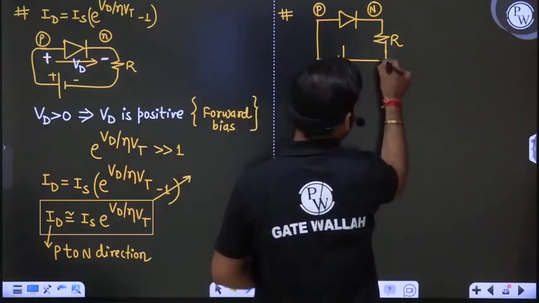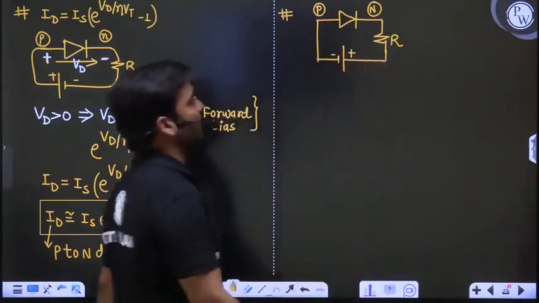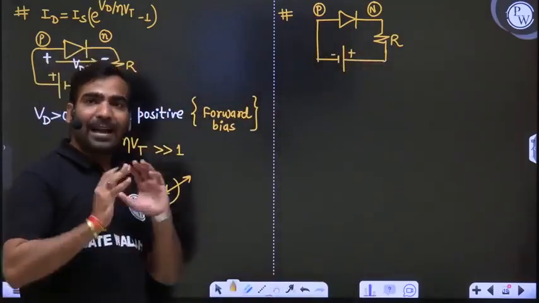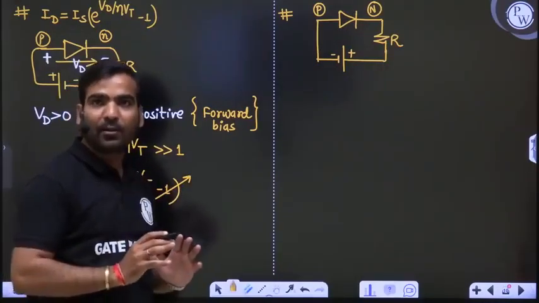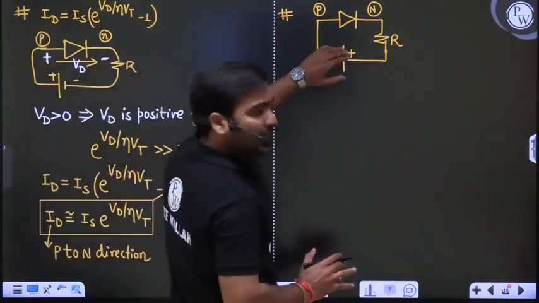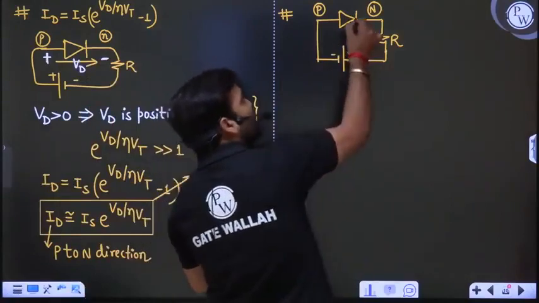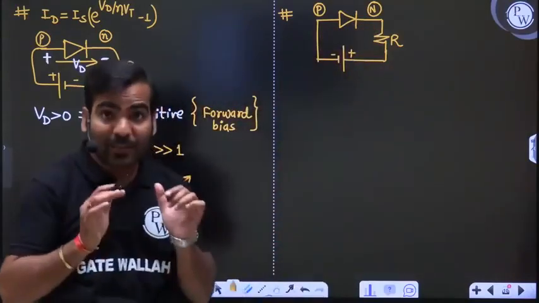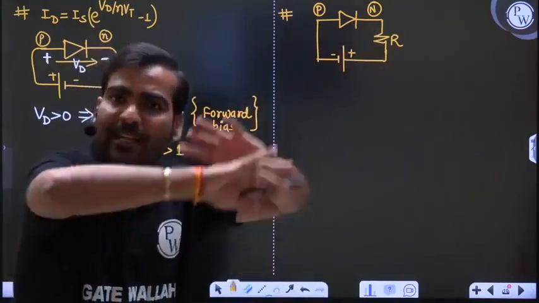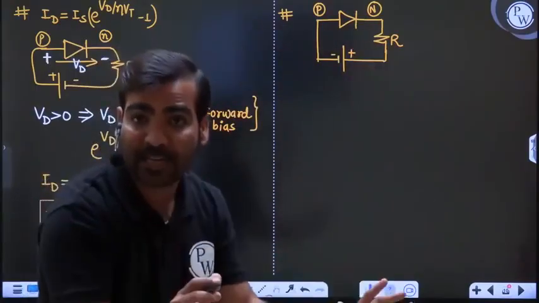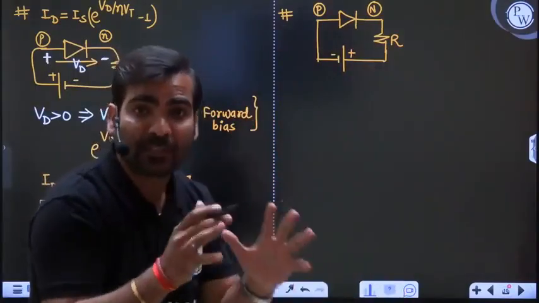One side positive, one side negative, like that. Meaning the battery source which is available is connected like that, N side positive, P side negative. Now listen carefully. What is happening? The circuit arrangement is like that. The battery, the current source, is like that.